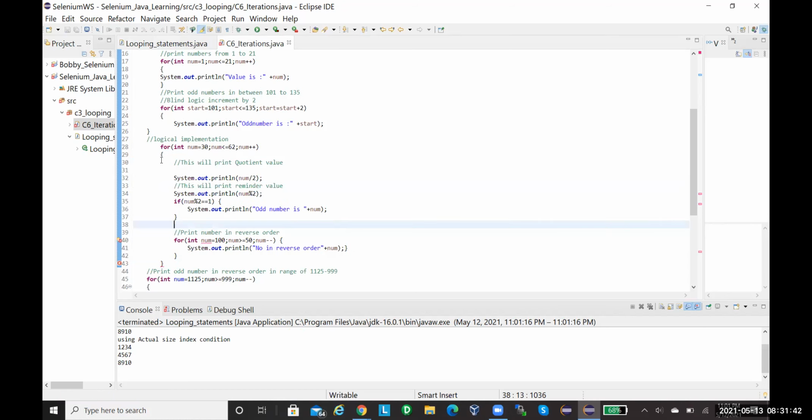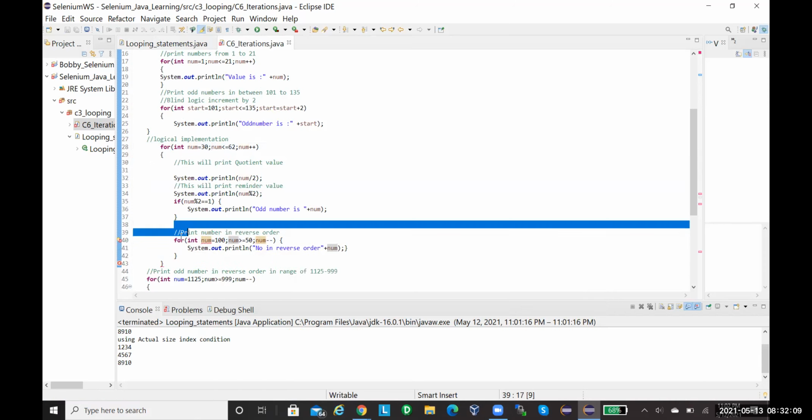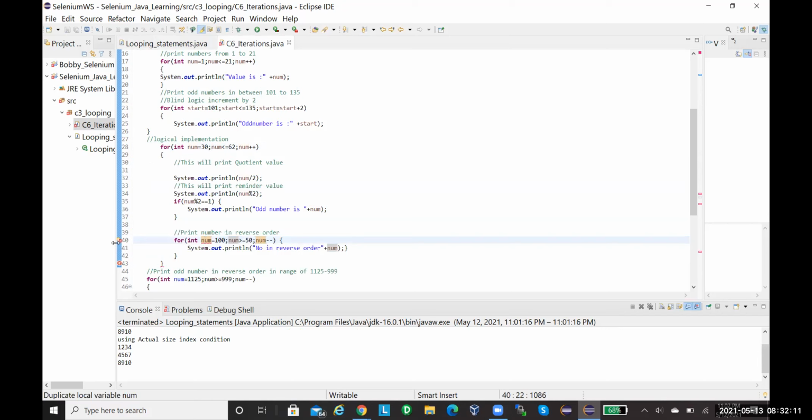So this for loop already has a variable called num, right? Then you are creating another variable with the same name. Will it allow? What is it saying? Okay, it's a duplicate value, right? You see, duplicate local variable num. Since it's a duplicate, it is throwing a compilation error.